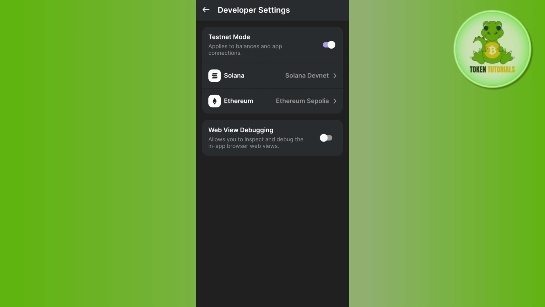So over here, you have successfully enabled the testnet mode on Phantom Wallet, and now you can use this mode